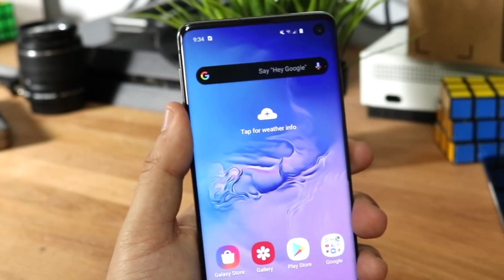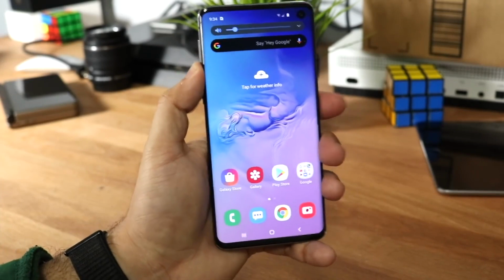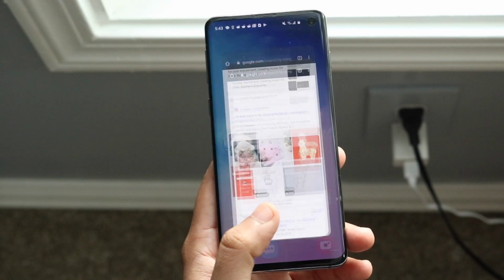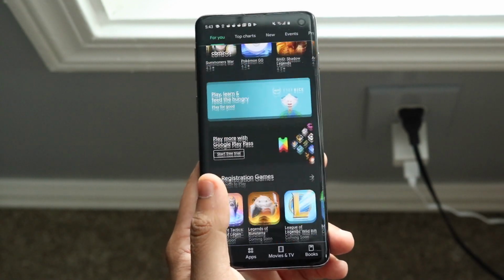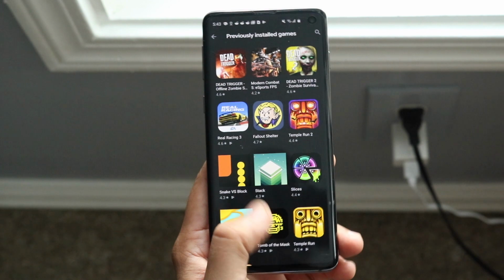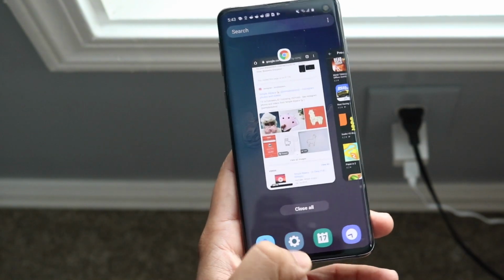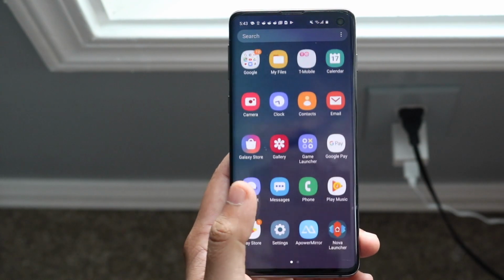I'm so glad that Samsung is bringing this in with One UI 2, because honestly, in my opinion, I didn't like the nav bar buttons ever since the Galaxy S8 when they brought it in. I always preferred the home button. Then when they brought that in, I was like, oh god, I don't want that. Now with the gesture-based design, I like that so much more, not only for the intuitiveness and me being used to gestures on iOS, but on top of that, the biggest problem with the navbar buttons